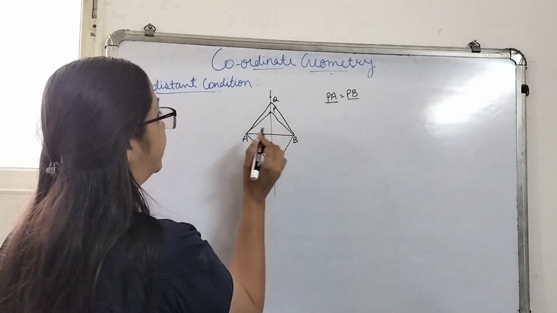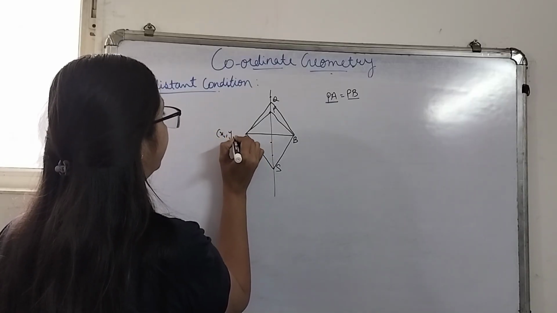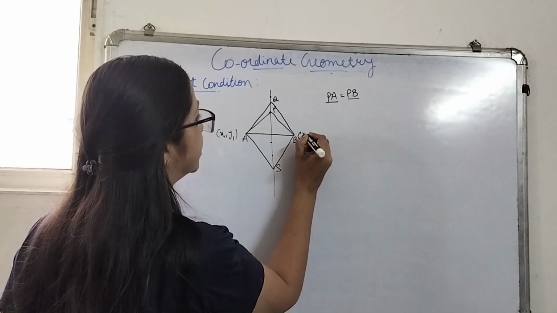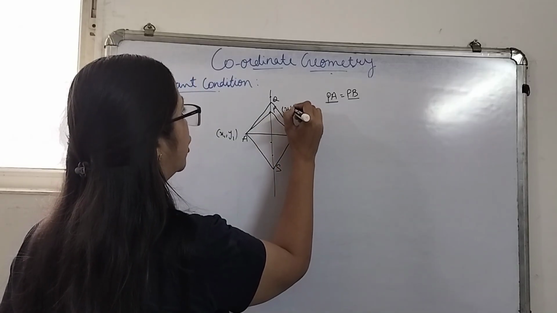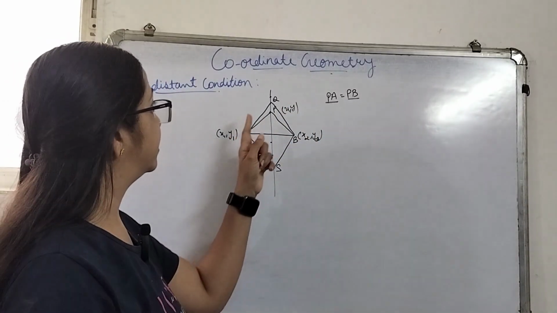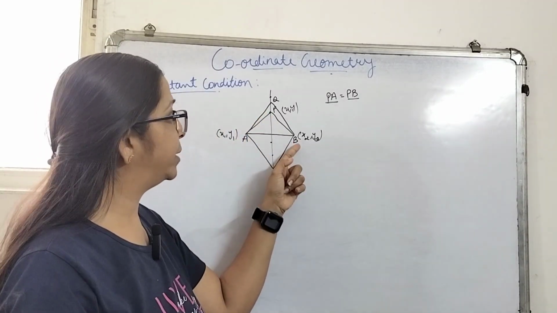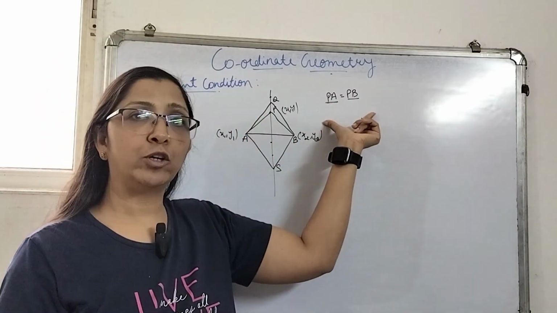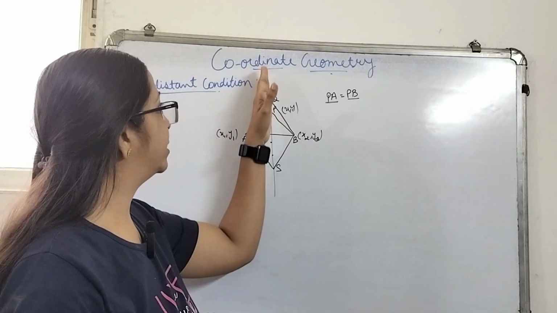So how can we get it? If the coordinates of A are x1, y1, the coordinates of B are x2, y2, and the coordinates of P are x, y, and if we find the distance PA by the distance formula, and then the length of PB, and we equate both of them, then whatever equation is formed will be the equation for